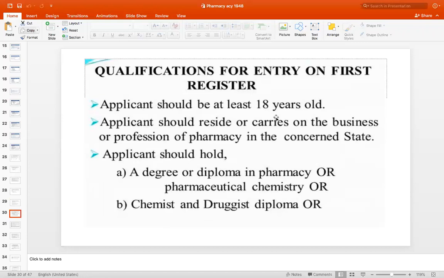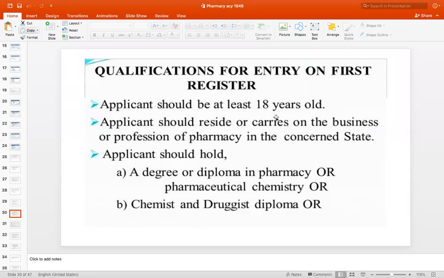Now, qualification for entry of the first name. What should be my qualification? Say, I'm also your classmate today. I'm in third year B Pharm, and next year I'll finish my fourth year B Pharm, and I'll go for registration. So my minimum age should be 18 years, because when a person is in final year B Pharm, he is definitely above 18 years. I think he should be 20 or 21